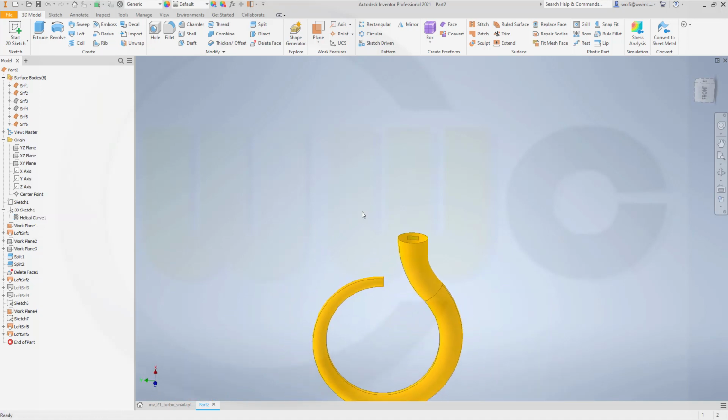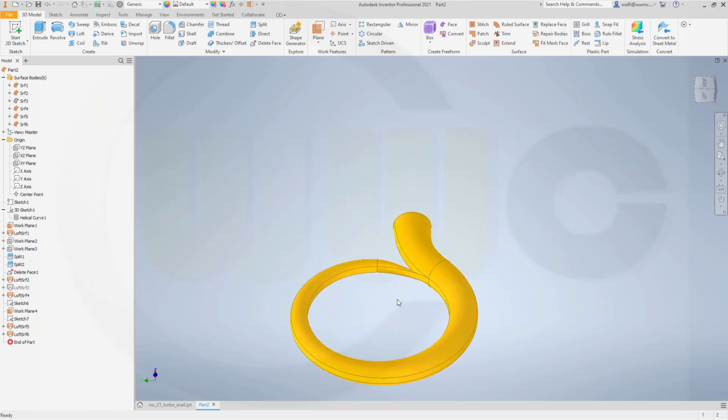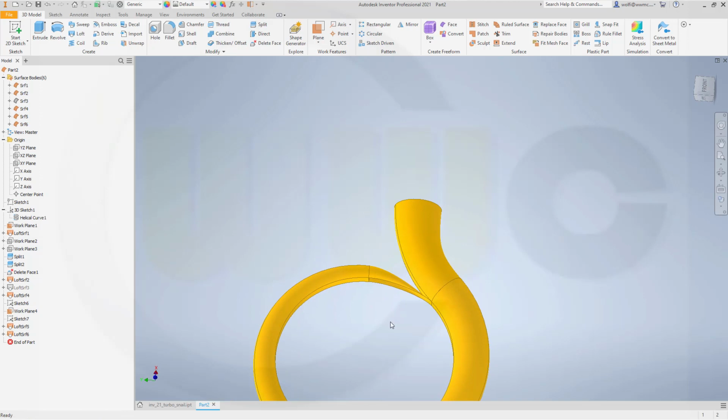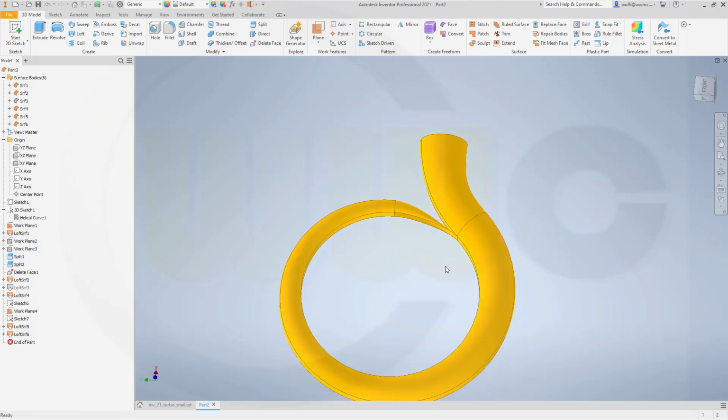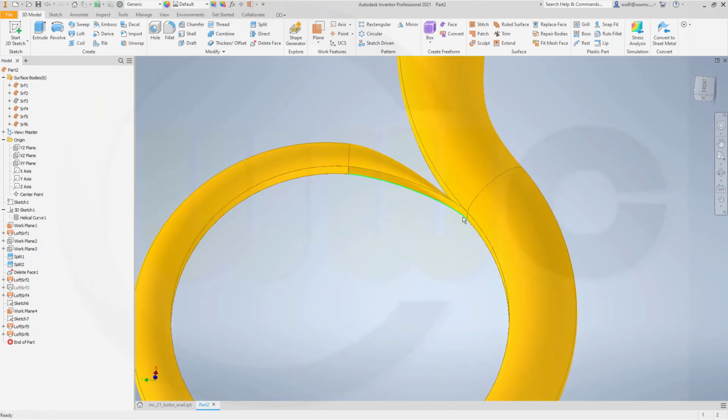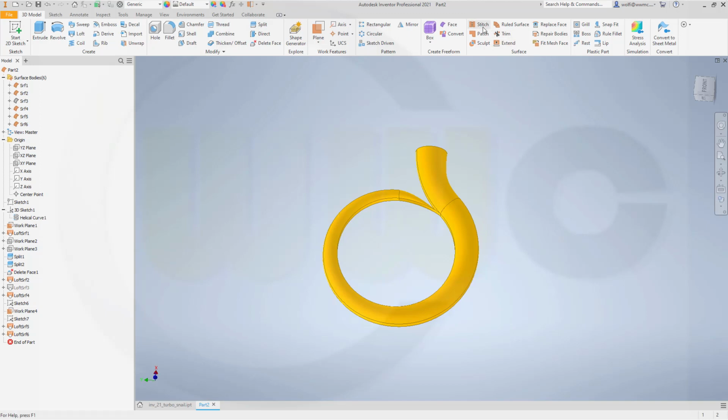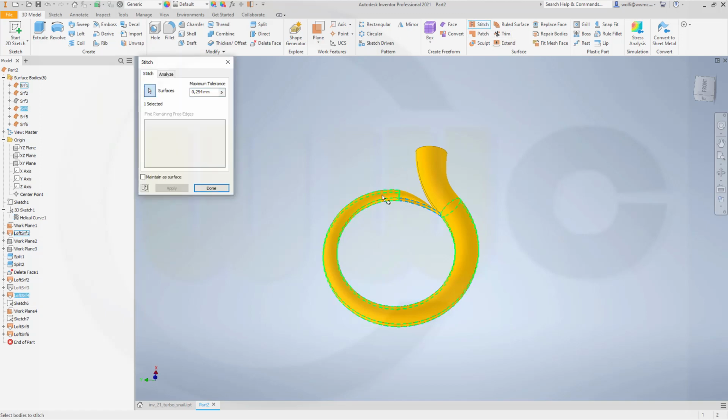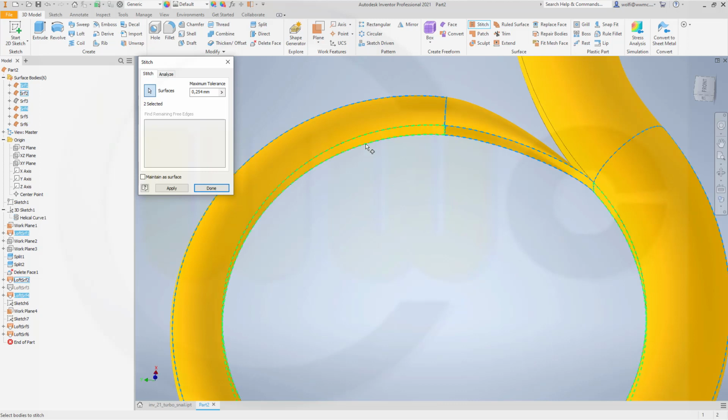Great. Bring back, I suppose that's this one. Yeah. And now I could try to stitch those together. If it's not working, you have to change here the magnitude or the tangent of the tangency here. So let's go for a stitch. I want to stitch this surface and that surface and this one, and also